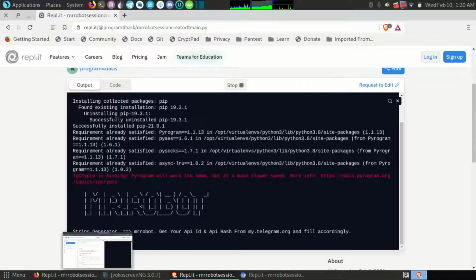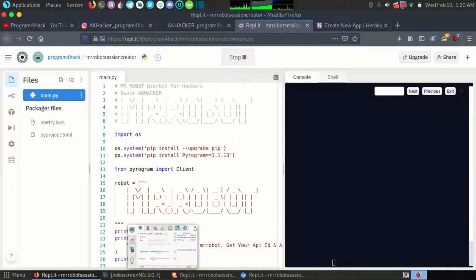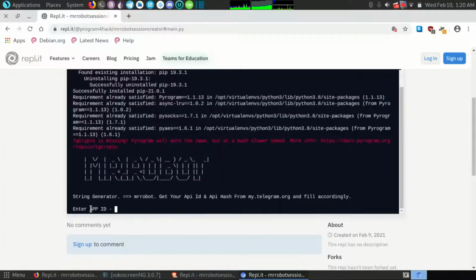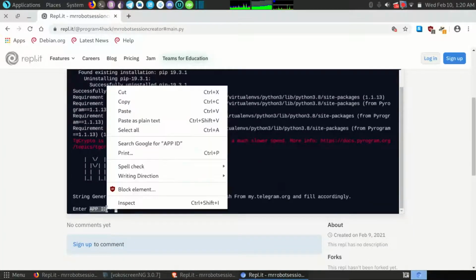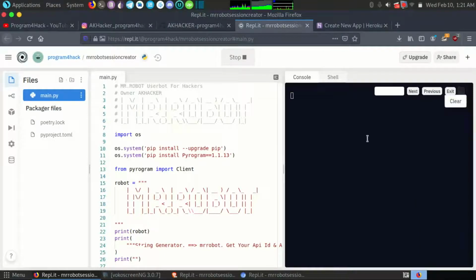I use this browser. And in Firefox you can't see the output, but if I search for a string, which I will get here, you can see it's asking me for API ID. If I copy from here and find, I think there is maybe an error, it is not finding, so I think I have to run it again.